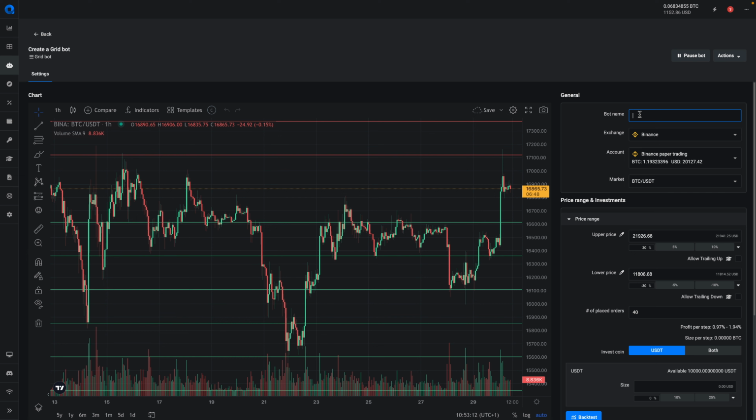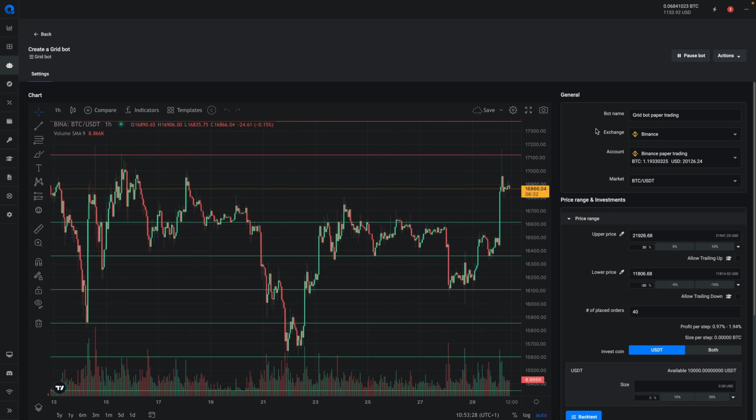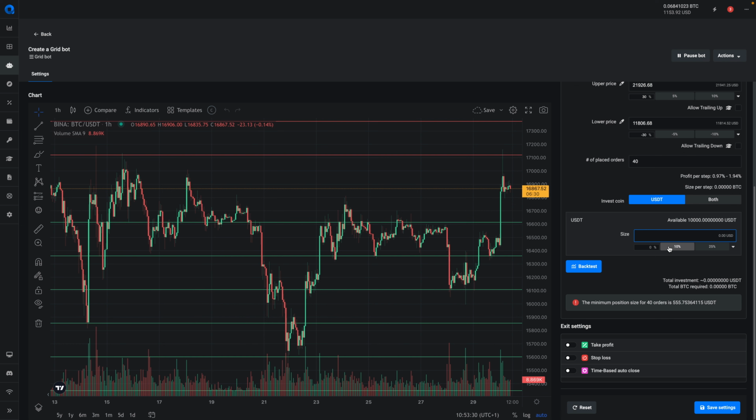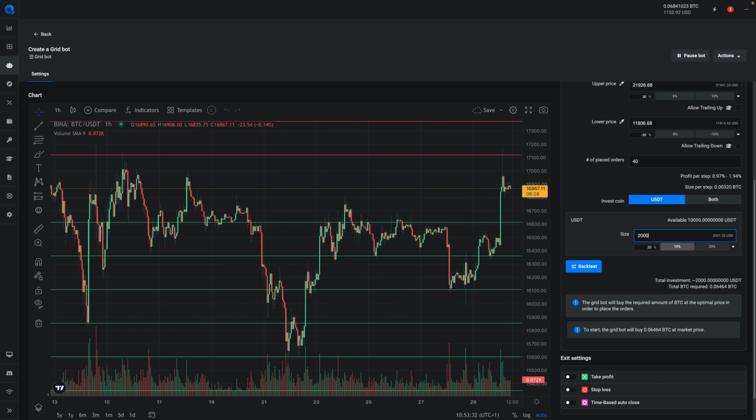We can give our bot a name, grid bot paper trading. And we can specify the size, of course. So let's do $2,000. Now, if we want to see what this would do over time,